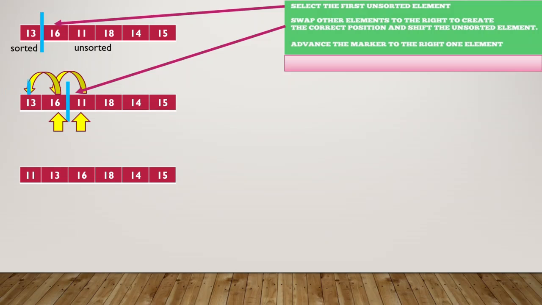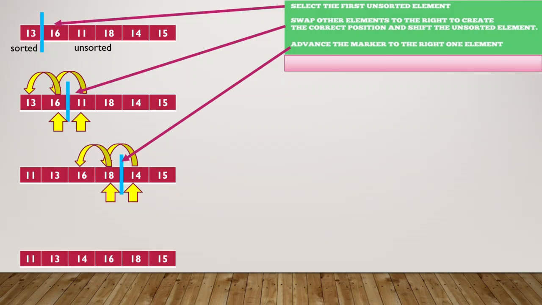Then again we advance the marker to the next element and do the same swapping method with 18 and 14. Swap 18 and 14, so 14 comes to the position of 18 and 18 comes to the position of 14. Now swap again, 14 and 16: 14 comes to the position of 16 and 16 comes to the position of 14.